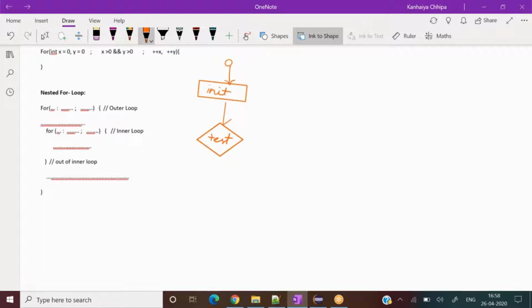Okay, and here again I'm drawing it. If it is true, I'm drawing things for the inner for loop. So the inner loop will also start from init. So I write init here. Okay, after init, in the same way I'll go to the test part.